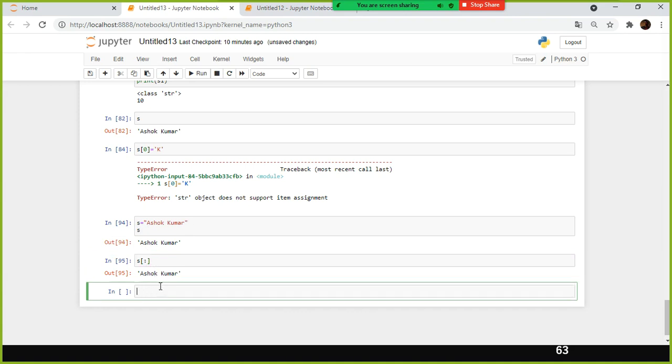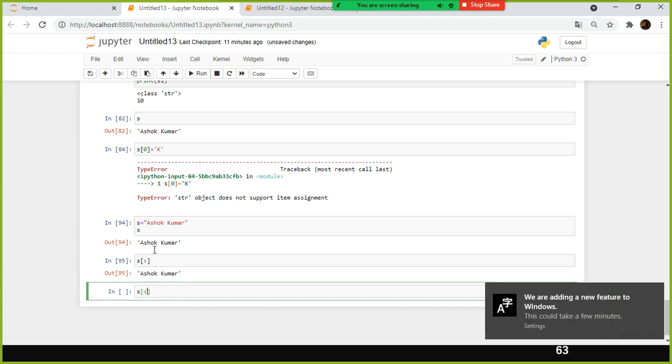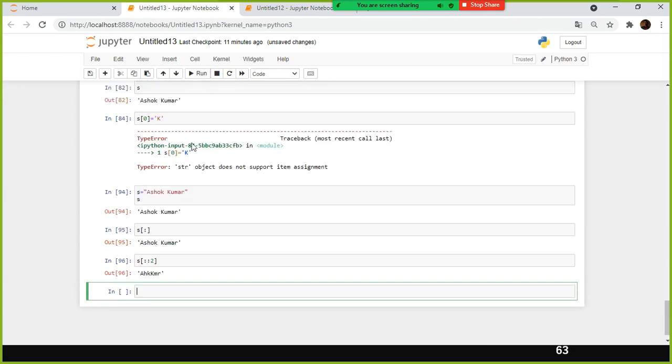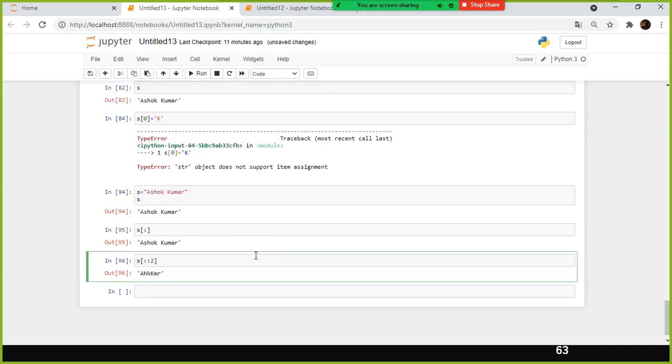You need to understand this one, okay? And then I want to show you, supposing I want to start from the beginning value A, and end till the end, and then use one more colon, and then print 2. Let's see what happens here. Can someone tell me what is happening? Sir, it's skipping. Skipping, very good, superb, right?